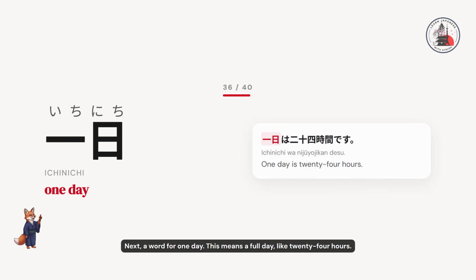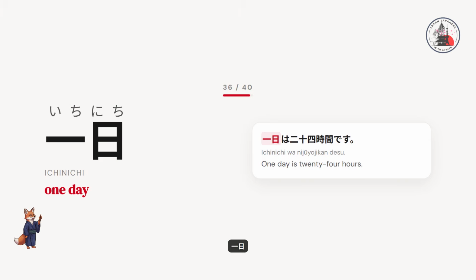Next, a word for one day. This means a full day, like 24 hours. 一日、一日。 Here's an example. 一日は24時間です。